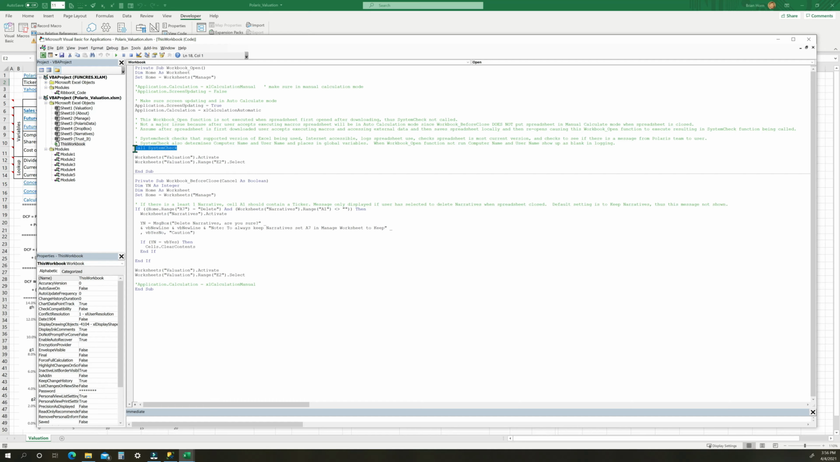Besides that, not calling the SystemCheck doesn't cause that many problems, but it's preferred that the user download the application, enable external content, save the spreadsheet, and then